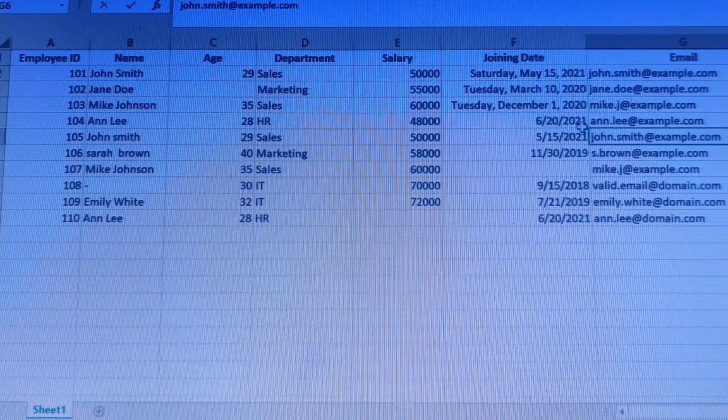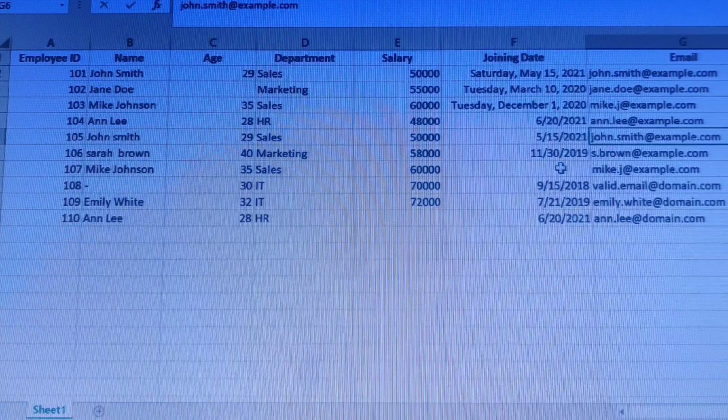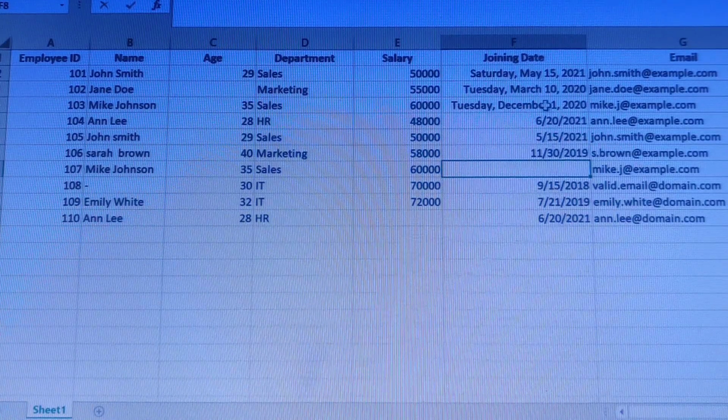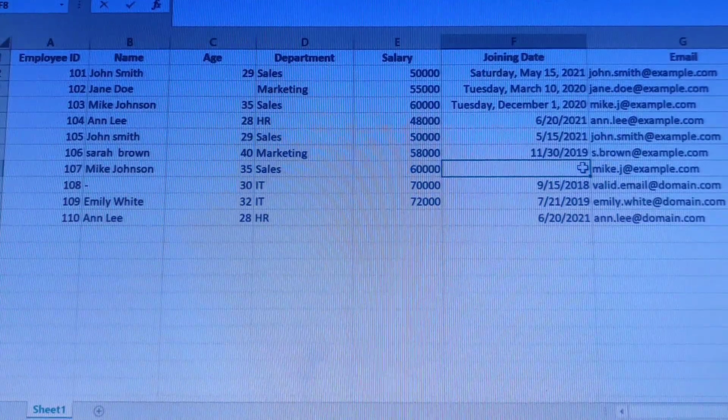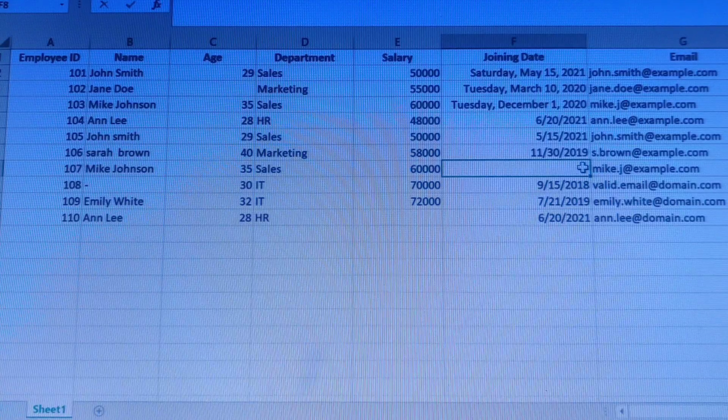So in this case we have bad data in the sense that at the joining date we have a gap and the format is also incorrect. Now, having identified those few inconsistencies, errors, and incompleteness in the data,